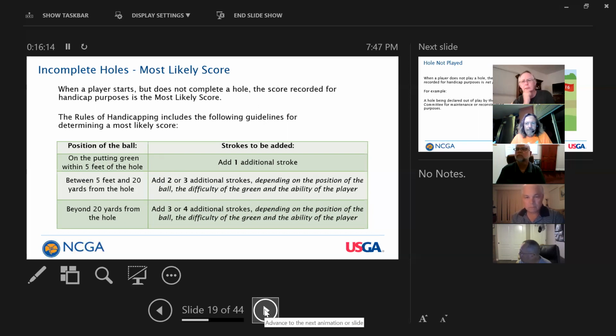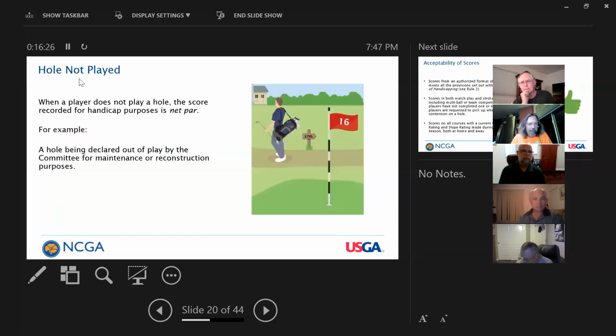Say someone is playing and they got an injury and couldn't finish, and they had maybe 5 holes left. What happens then? Okay, so let's talk about that. I think it's coming up in my slide. Okay, so here's one. It says holes not played. When a player does not play a hole, the score recorded for handicap purposes is net par. So remember when we looked at that